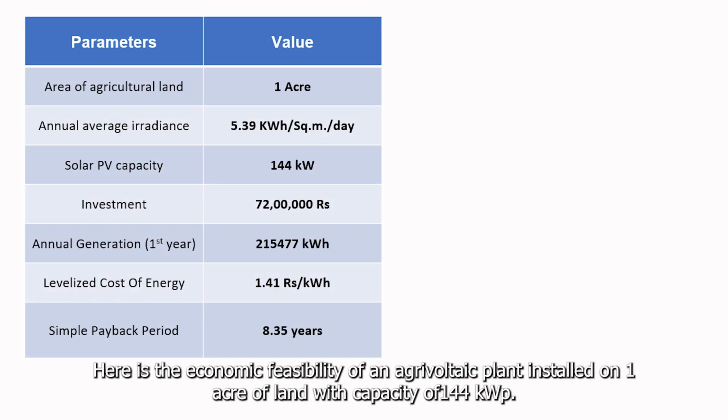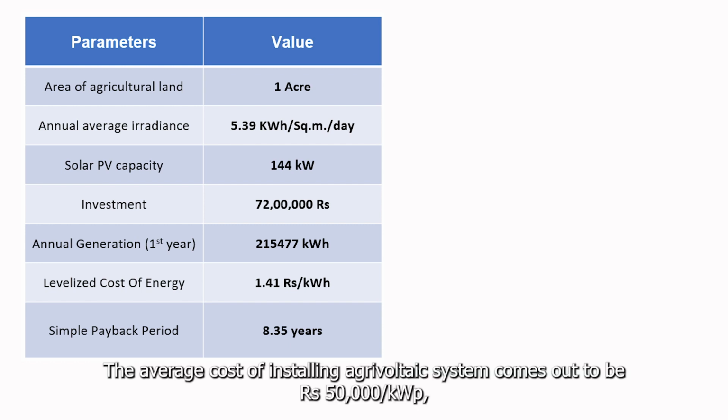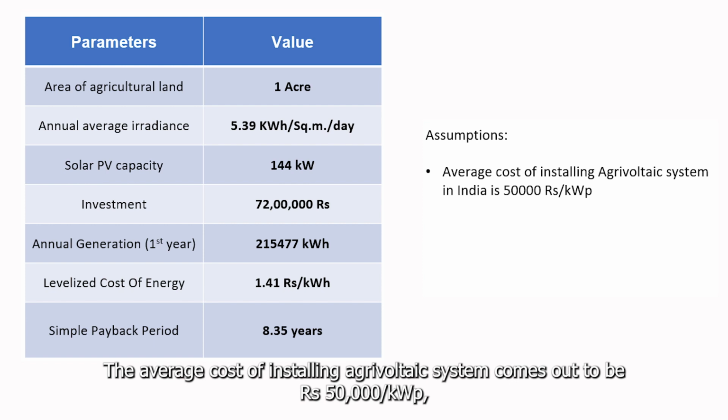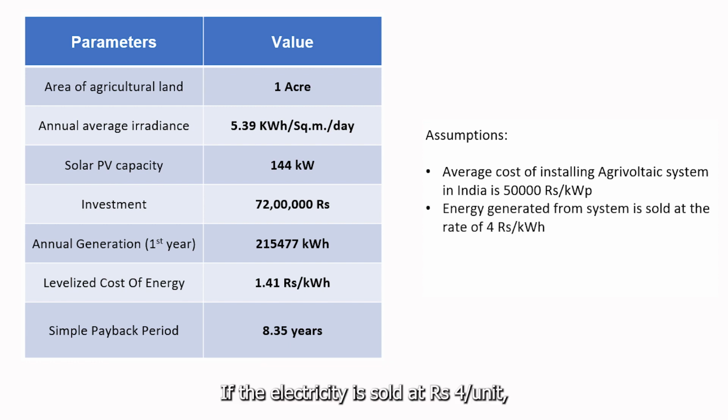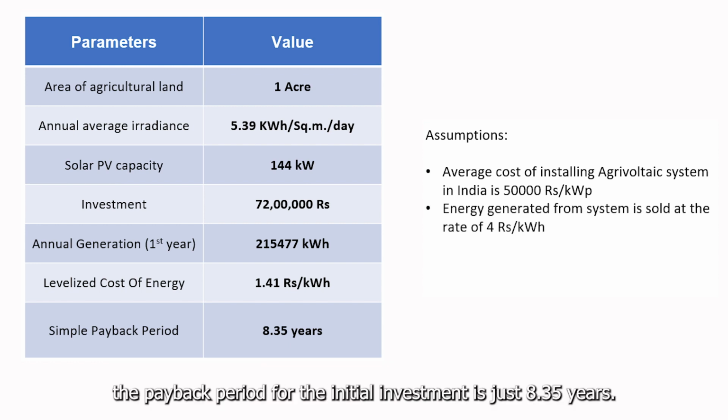Here is the economic feasibility of an agrivoltaic plant installed on 1 acre of land with a capacity of 144 kilowatt power. The average cost of installing an agrivoltaic system comes out to be Rs 50,000 per kilowatt power and generates approximately 2,15,000 units of electricity every year. If the electricity is sold at Rs 4 per unit, the payback period for the initial investment is just 8.35